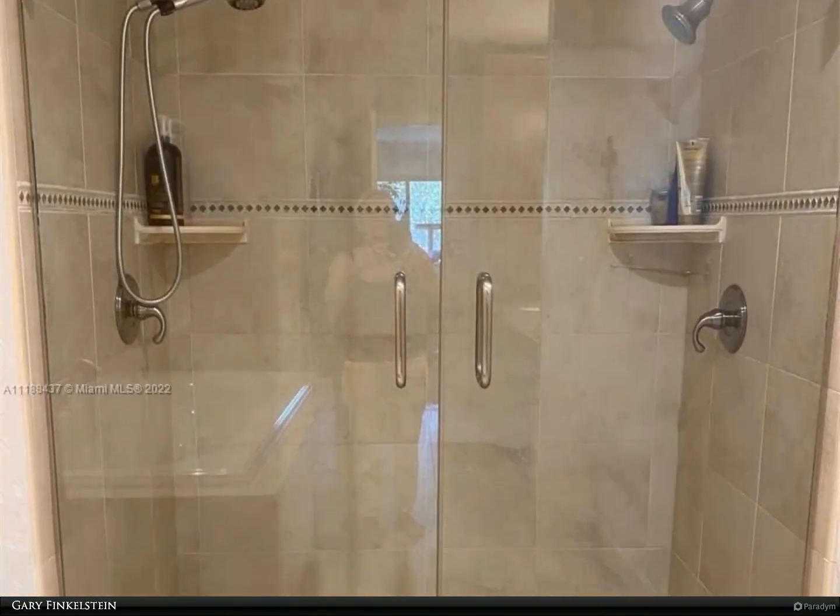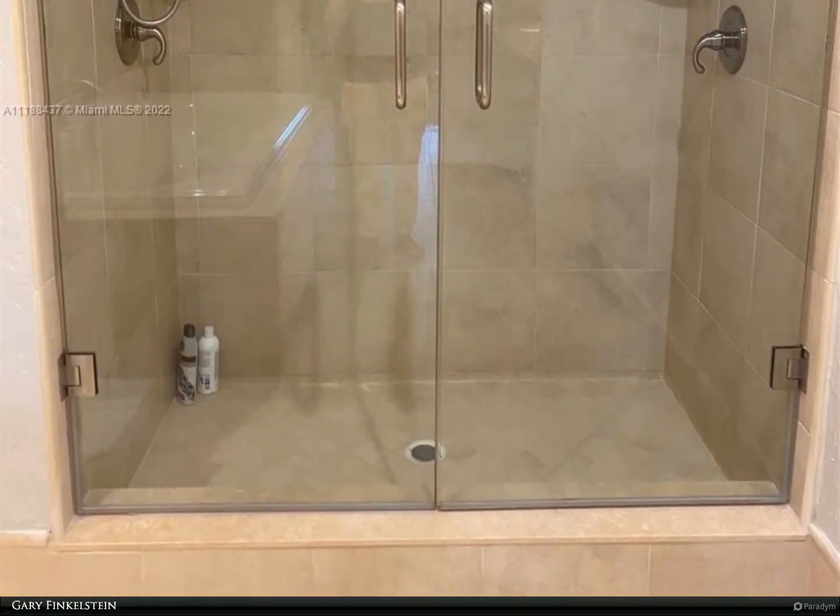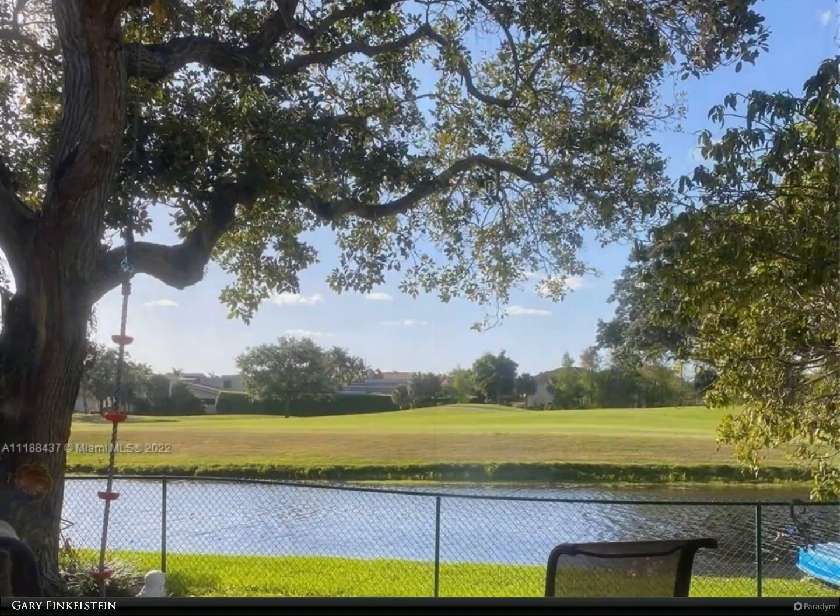With one of the largest backyards in the community with fruit trees that include mangoes, lychee, peach, and many more. Canal has lots of